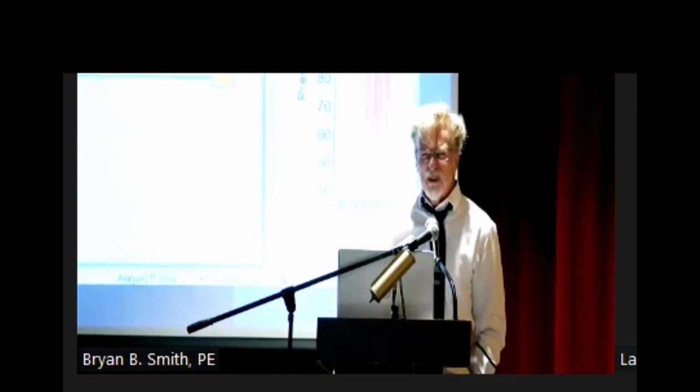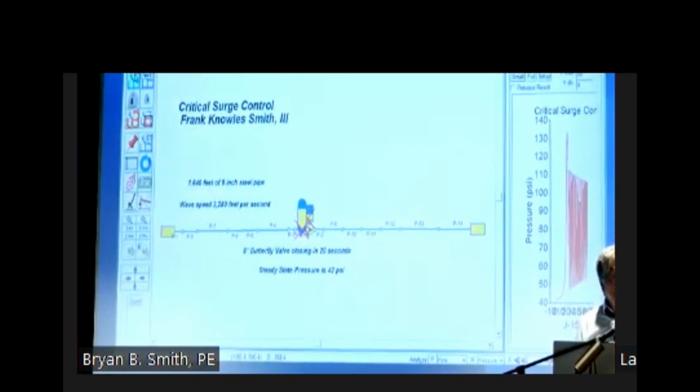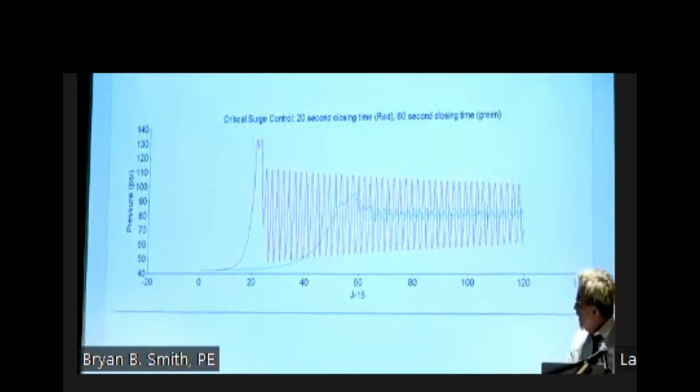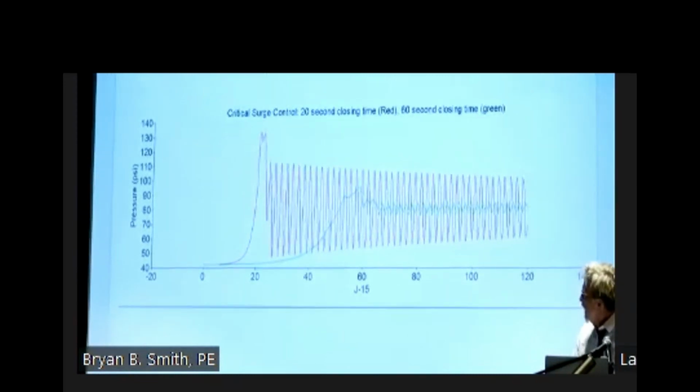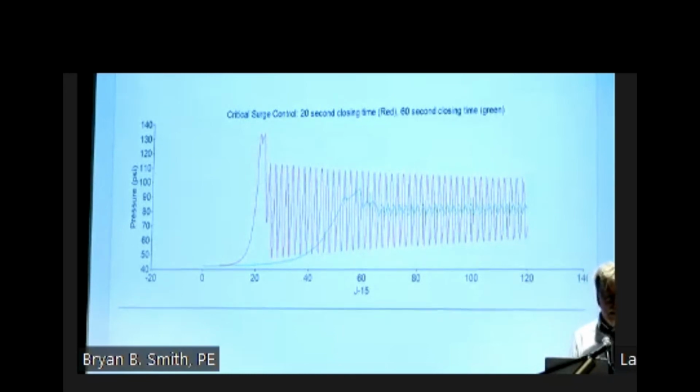Let's do computer software. It'll speed things up. So I enter everything about my piping system into the software, and now I can simulate many different things within the system design. When I close the valve in 20 seconds, you see that upsurge in pressure in the red line. And again, using the same Joukowski's equation, if I take 60 seconds, this would be the green line. You're just like, ooh, that's a lot better. We should close the valve in 60 seconds.